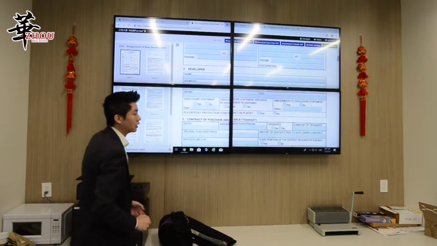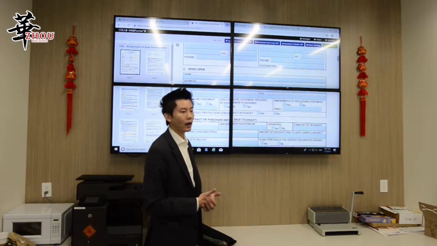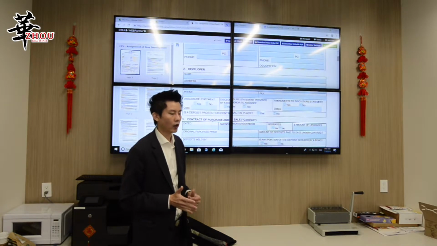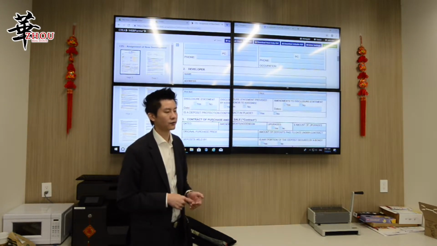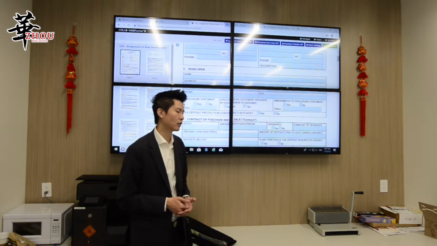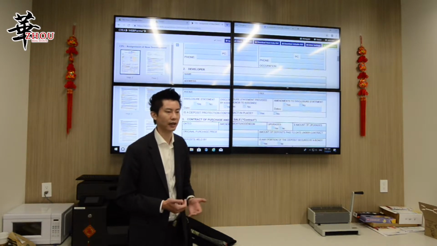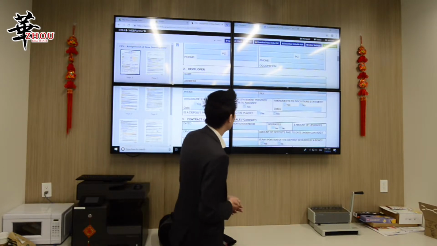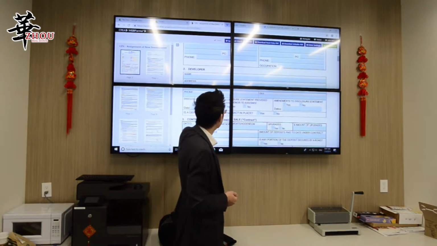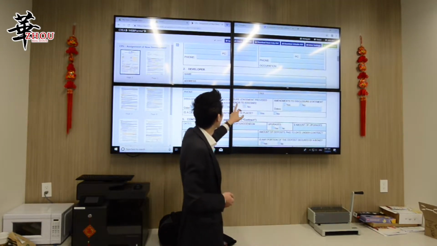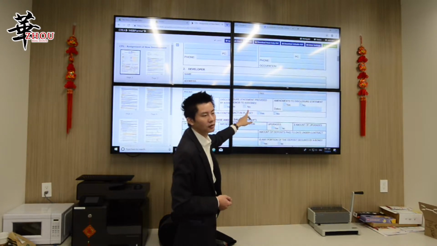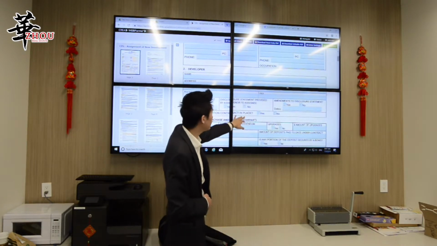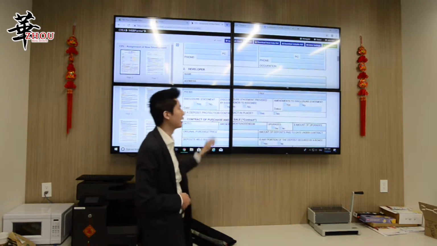Where do you find these dates? Number 1, from the developer, asking them what are the amendment dates, or can you email me all the amendments. And number 2 is from your buyer, if they have all the email records. But buyers are not a very reliable source because they always say, I don't know, right? So email the developer and ask for it. Usually they're pretty quick on giving you information. And over here, disclosure statement provided by assignor to assignee, yes or no. You can pick either, because if you got it from the developer, that may be no. If you got it from the assignor, then it's yes, right?